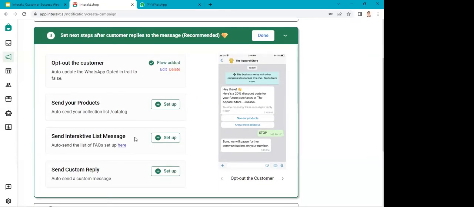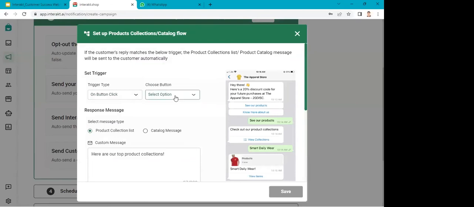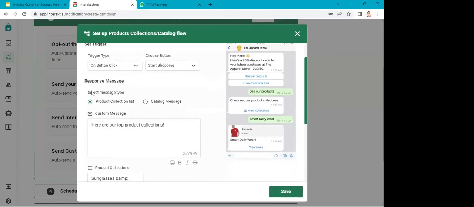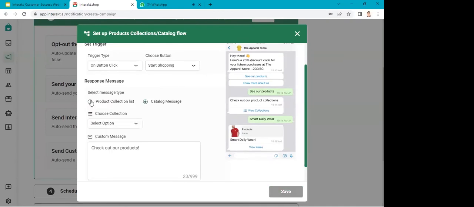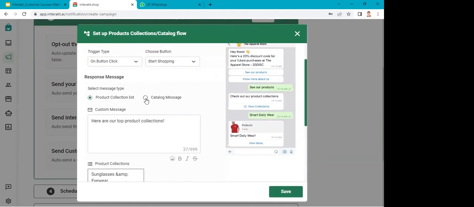And let's say if you want to embed a catalog, so let's click on setup. And here we have added one more button called start shopping. So we'll map it with that button. Then here you get two options, product collections list or catalog message. So if you select product collection list, you will see all the collections. If you select catalog message,